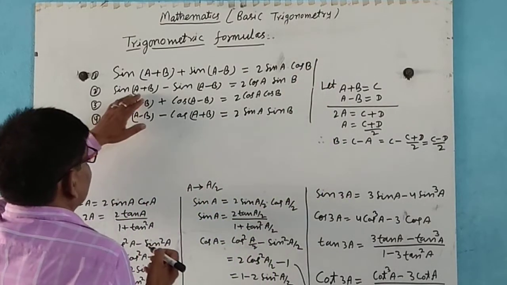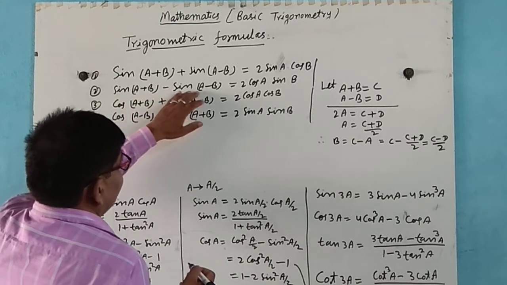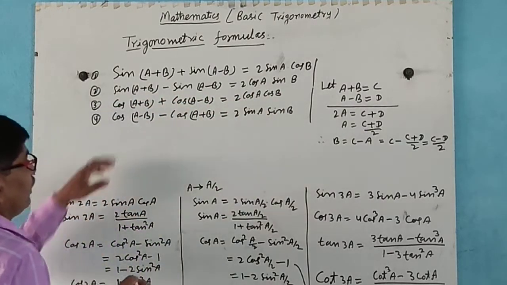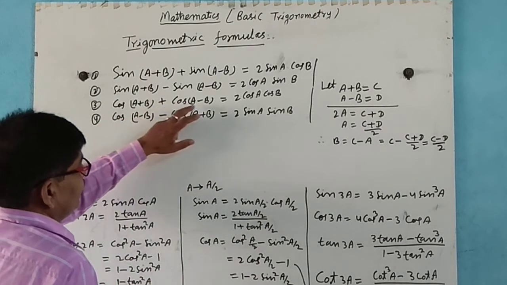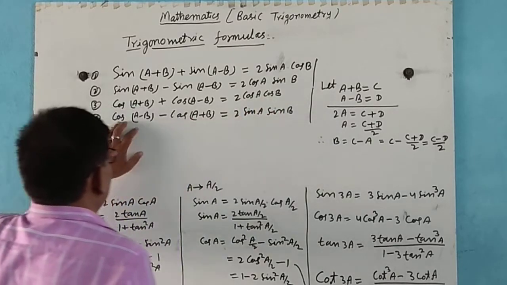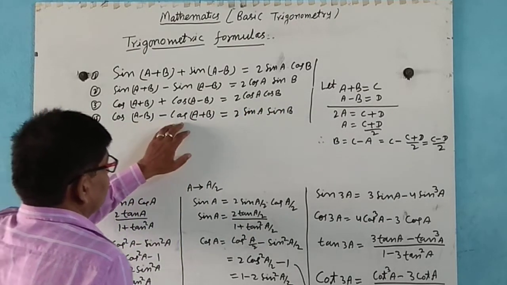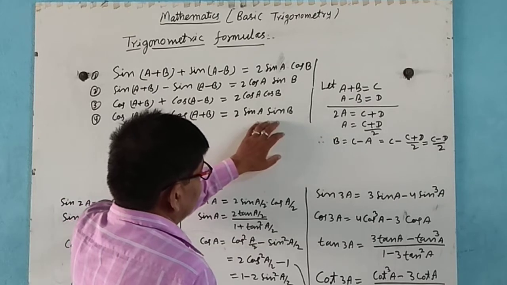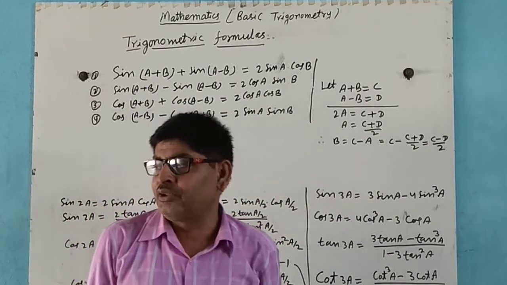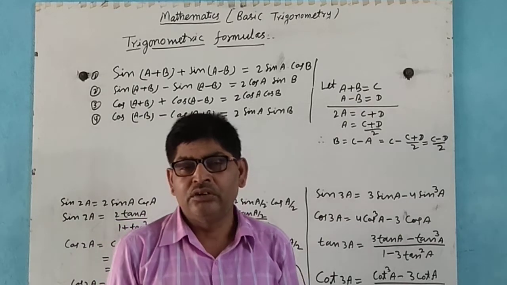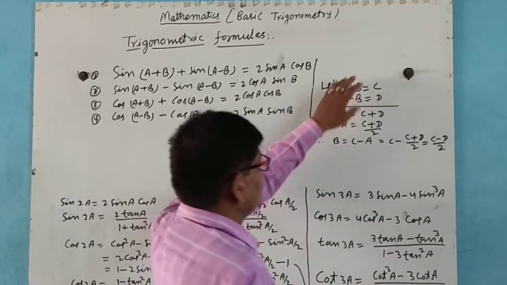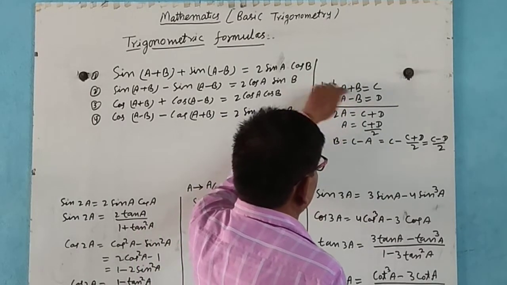And sin(A+B) minus sin(A−B) equal to 2 cos A into sin B. And cos(A+B) plus cos(A−B) equal to 2 cos A into cos B, and cos(A−B) minus cos(A+B) equal to 2 sin A into sin B. These formulas derive from the basic formula, and now let A plus B, the sum of both angles, equal to